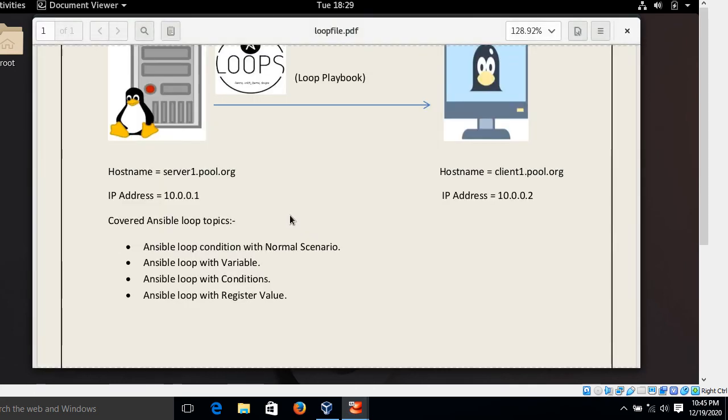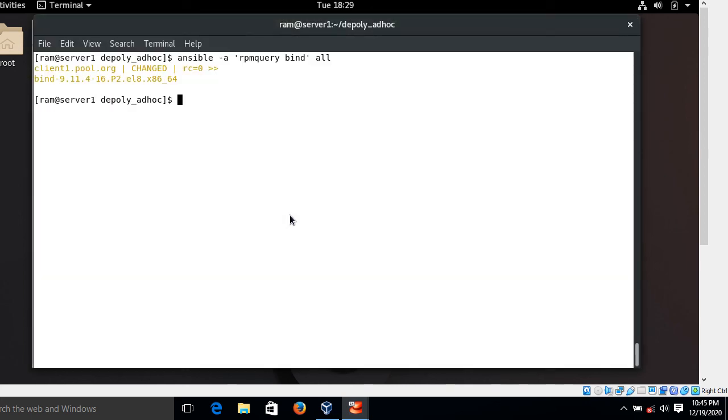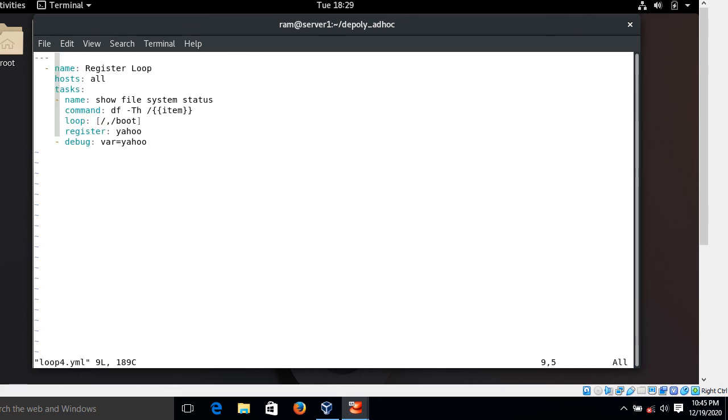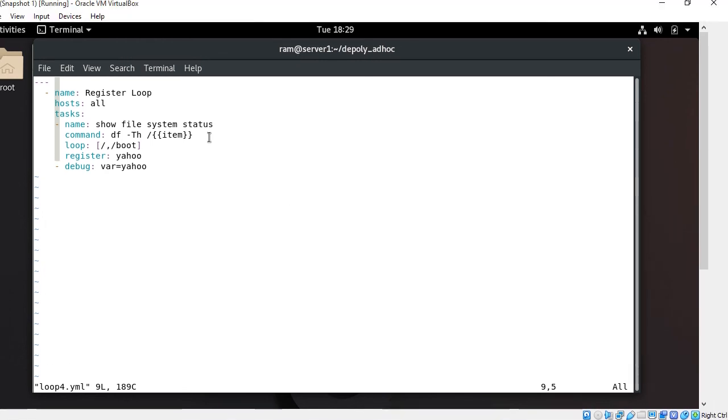Great. So guys, let's go to the next and last one, register value, and Ansible loop with the register value. For this I have created loop4.yml. So understand the playbook. Here I have mentioned a play name, with register loop.